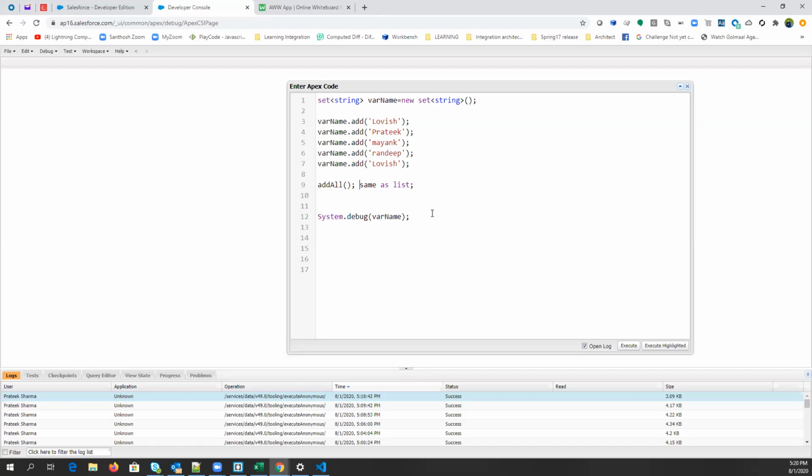Now addAll has an overloaded method, one for list, one for set. So you can add a set into a set, or a list into a set, like we were asking for the list as well. In list you can add a list, and you can also add a set. Okay, guys? And we have another method called clear.